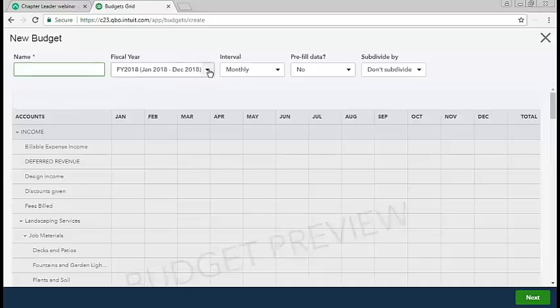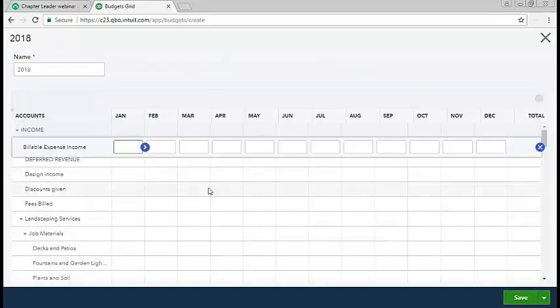You do want to name your budget. You want to make sure it's the right fiscal year, if it's monthly, quarterly, or yearly. If you want the data to pre-fill or subdivide. Once you fill that out, you click on next, name your budget. And now you can fill in everything else. So to give you the budget for the year,